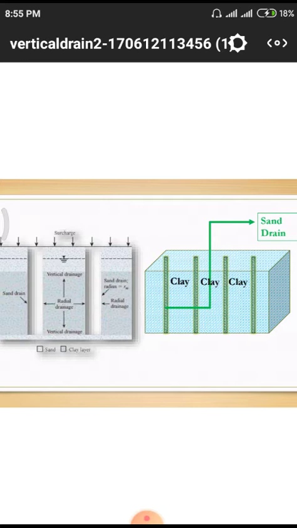Here what we have to do is simply increase the load, that means the embankment load onto the surface of the clay soils, so that there will be some reduction in the time. The green color indicates the flow of water from drain to drain. That means four drains are there in the clay soil, and from the first drain, second drain, third drain and fourth drain, this is how the water moves.